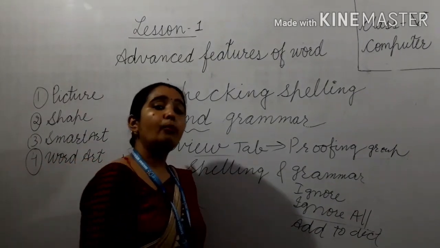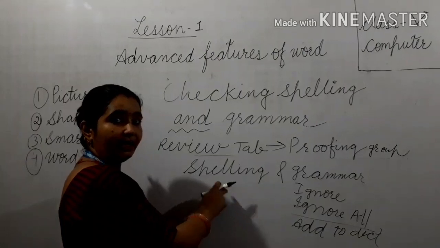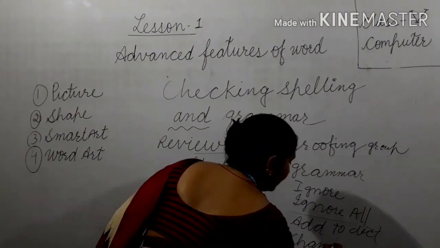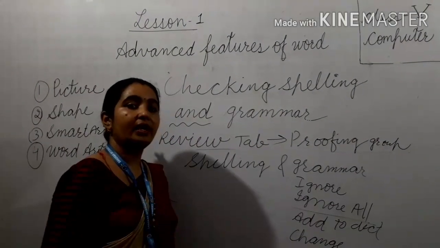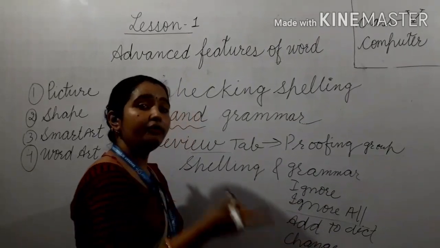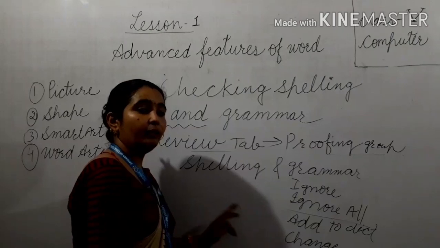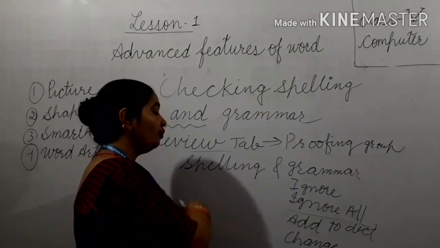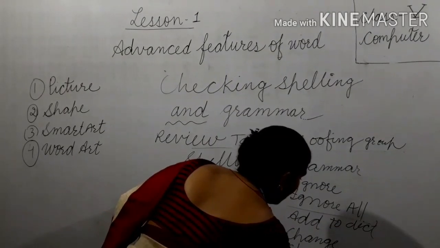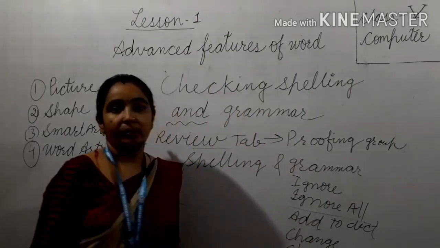Now, more three options were there. If you don't like that spelling, you can do the change option. Click on change option. अगर आपको उस spelling को change करना है once time, then you will click on change option. If you want to change all the spellings, यानी जितनी बार ये spelling लिखी है उतनी बार आपने mistake करी है and you want to change that all spelling, so you can choose the change all button. आप यहाँ पे change all button को select करोगे.